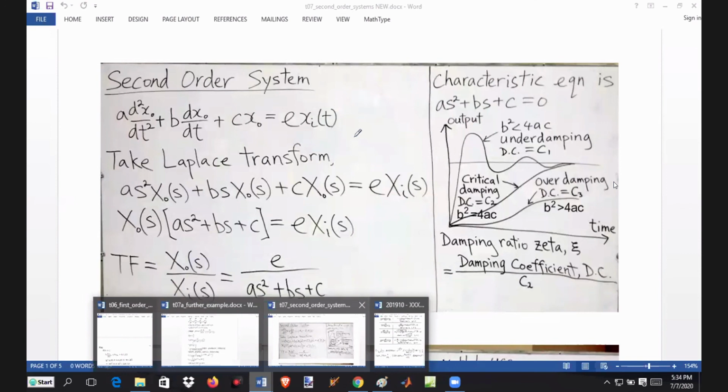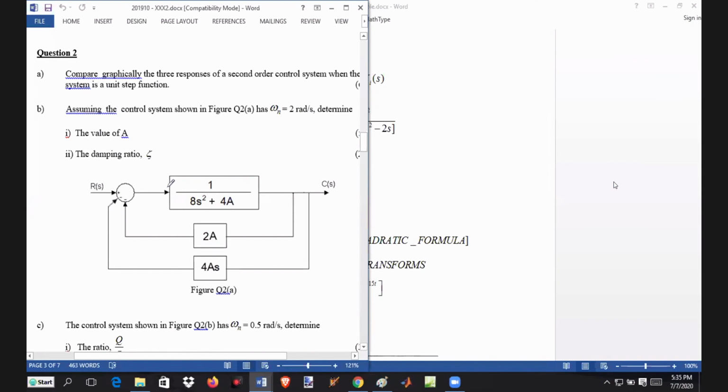Find the value of a, damping ratio theta. You are given omega n, so you make use of omega n. Of course, it's really easy because the equation is like this. The equation is s squared. Now make sure that the s squared has coefficient 1. After you do this, I go to the top here: s squared equals something, isn't it? s squared equals